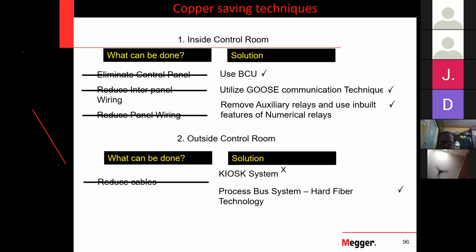If I am using BCU, I am eliminating the control panel. If I eliminate control panels, my 100 panels become 50 panels. That means a reduction in the size of my civil construction. My control room size comes down. Copper cabling for 50 panels need not be done. Copper cable can be eliminated. That cost comes down. My land acquisition cost also comes down. So when you see the overall cost, use of numerical relay, that is BCU, will be cheaper. That is why India and many parts of the world are extensively moving towards the BCU concept.